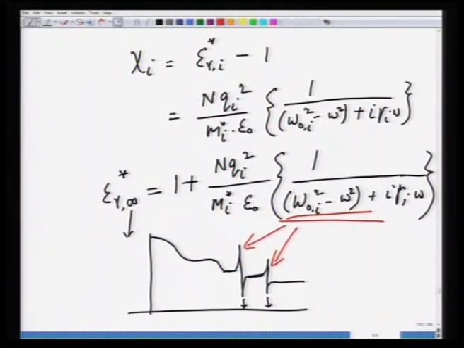Depending upon whether you are talking about electronic polarization or ionic polarization, this mass will change, but not only the mass will change, also omega 0i will change, which is a resonant frequency. For electronic polarization, the resonant frequency will be on the right side, which is roughly 10 to the power 15 hertz, and for ionic polarization, when the dipole gets heavier, then omega 0i is lower, approximately 10 to the power 12 to 13 hertz.